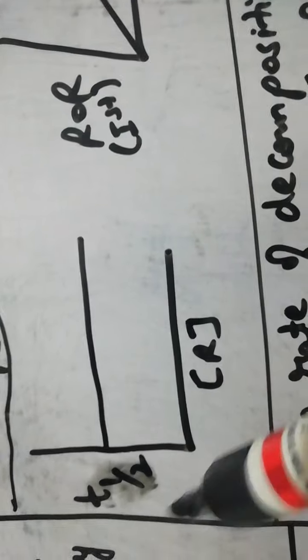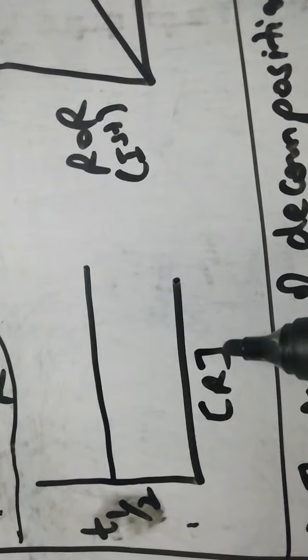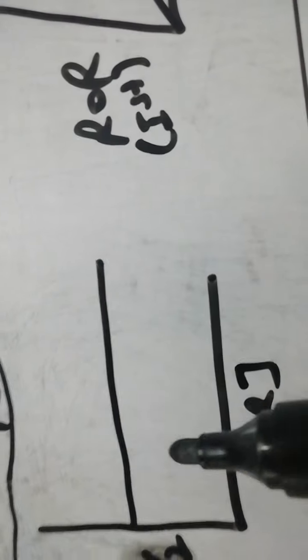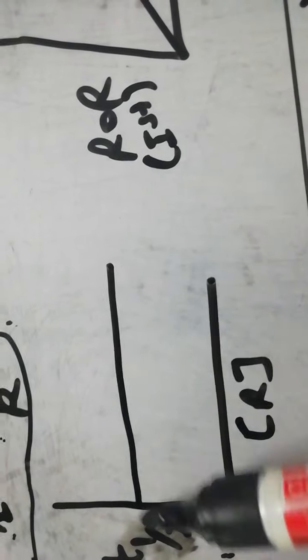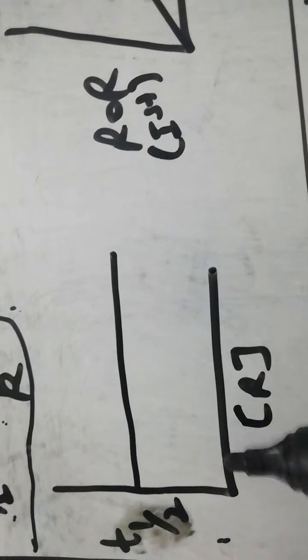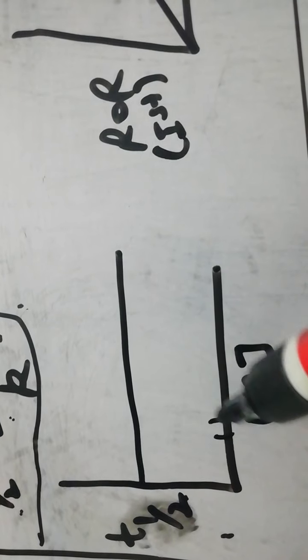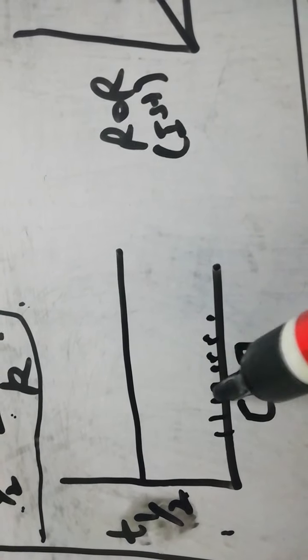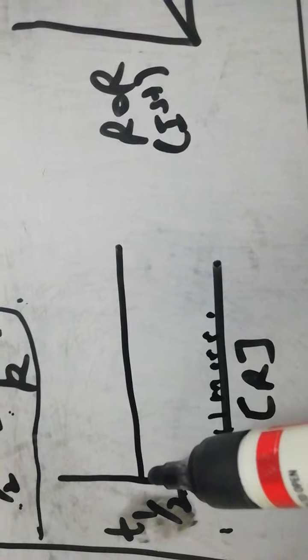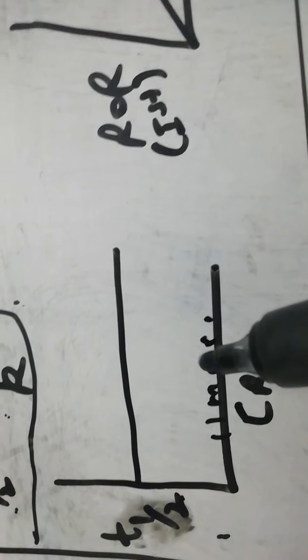So if we want to draw the graph of half-life, this is the T half for first order reactions. We have plotted the graph between T half for first order reaction and concentration of reactants, and we will get this type of graph. We will get a line parallel to the concentration axis, showing that T half is independent of the concentration of reactants. Whether the reactant concentration is increased or decreased, T half is unaffected by the change.